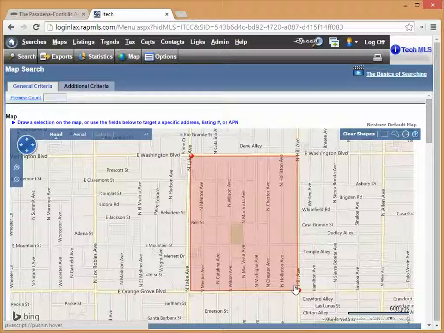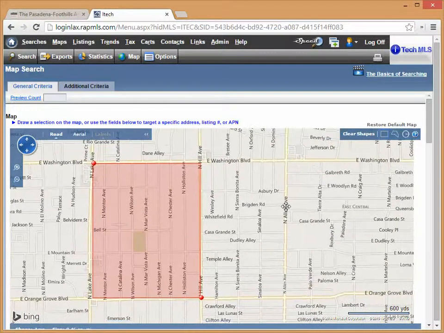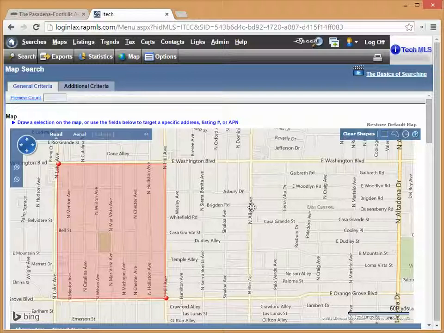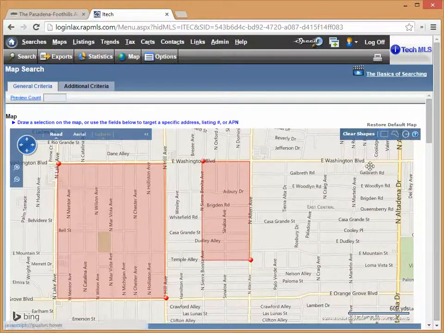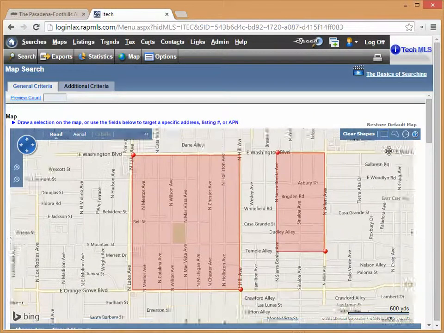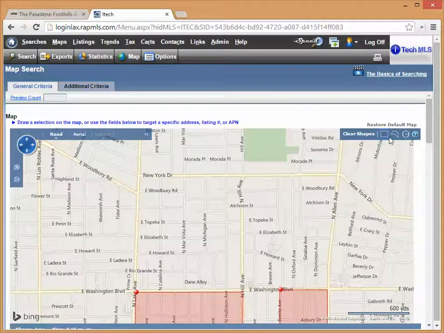Okay? Very useful tool. One thing about this tool is that you can actually include non-contiguous areas. So let's say that your client says, well, I'd like to be in that area, or I'd like to be in this area here, or I'd like to be in this area up here. Hang on one second, there we go. You can have non-contiguous